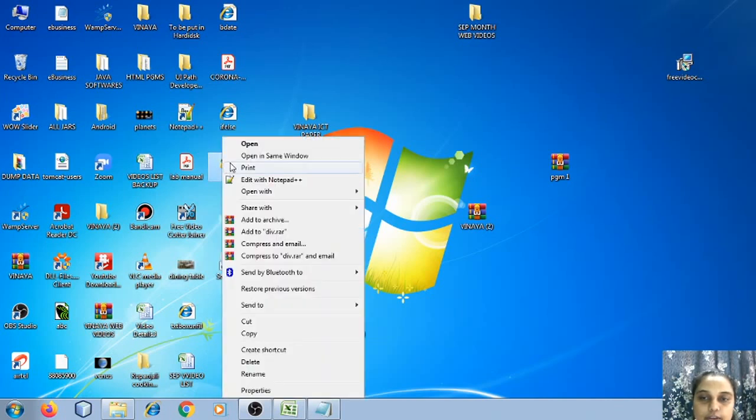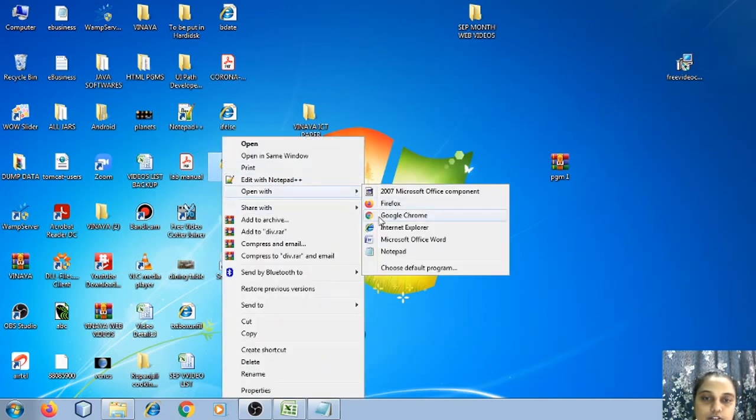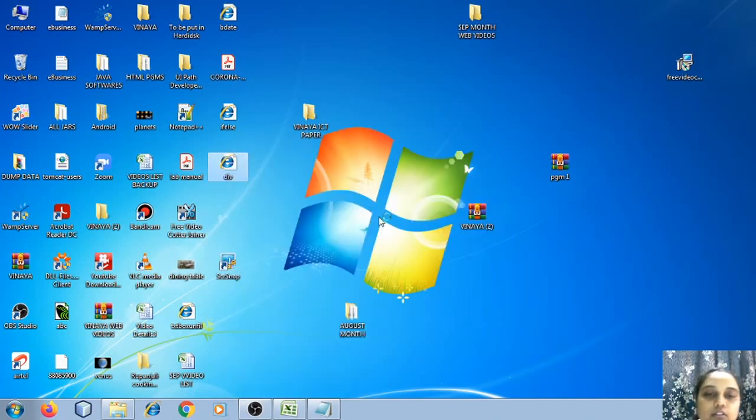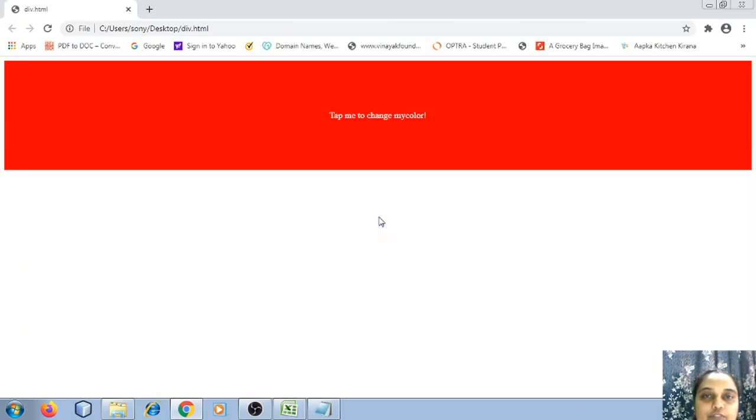This is my program. I say open with Google Chrome. Just 2 minutes. We will wait for the page to load. Okay. So see, background color is currently set to red, and then we have a sentence which says tap me